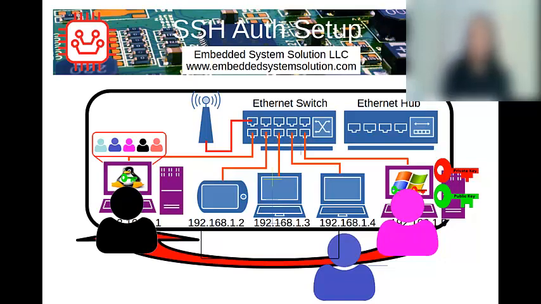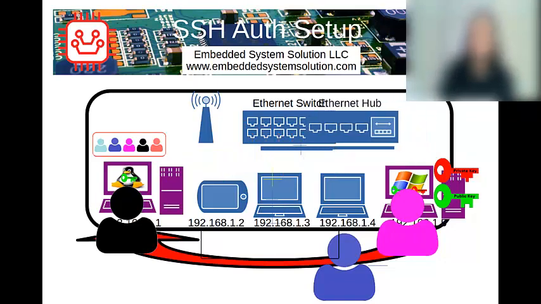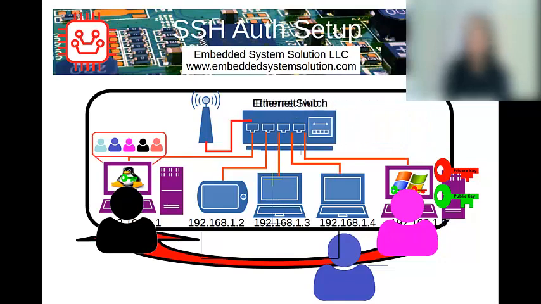Now, if it's a switch, then you pretty much know that nobody else is going to see the transfer of that public key, right? But what happens if you use an Ethernet hub? And we already talked about the problems with Ethernet hubs. The good thing about Ethernet hubs is that they're cheap. The problem is the security of them. Whatever you send to one port, it echoes to all the other ports. That's the problem with hubs. But anyways,